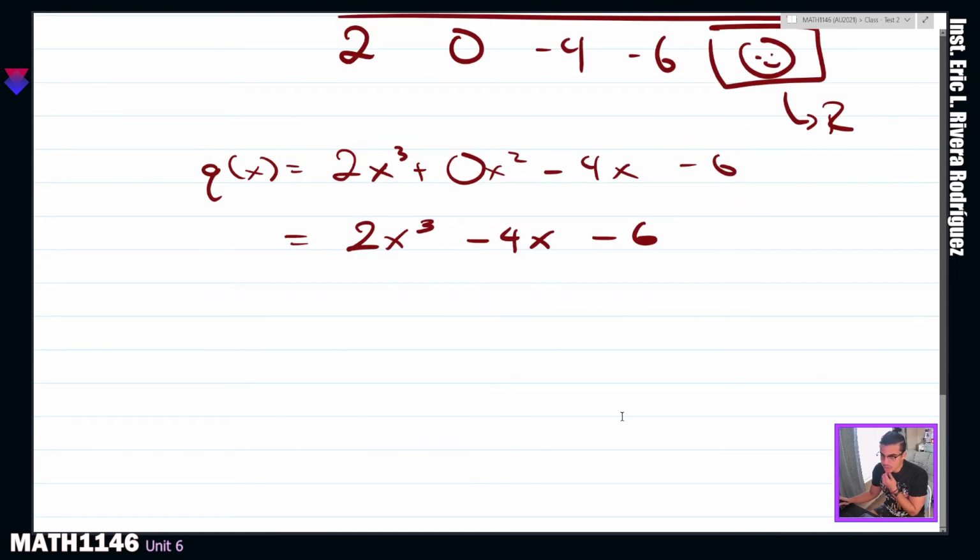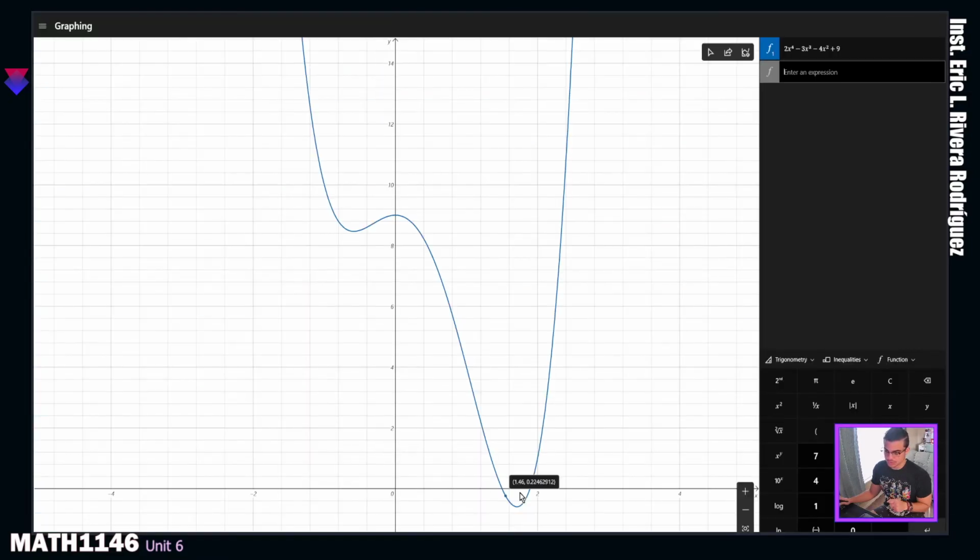I'm not quite sure that I'm going to be able to find the other zeros using the method I just showed you, because the other zero that I have here is an irrational zero, and the other 2 are going to be complex zeros. Okay,